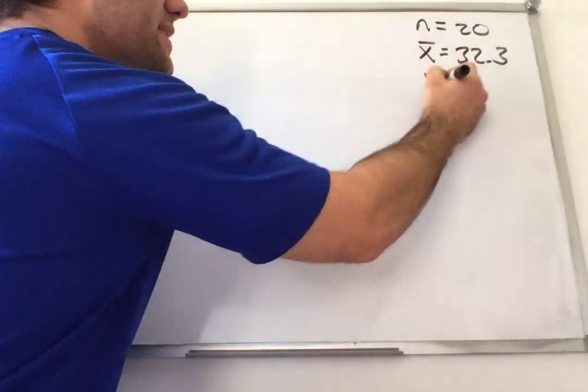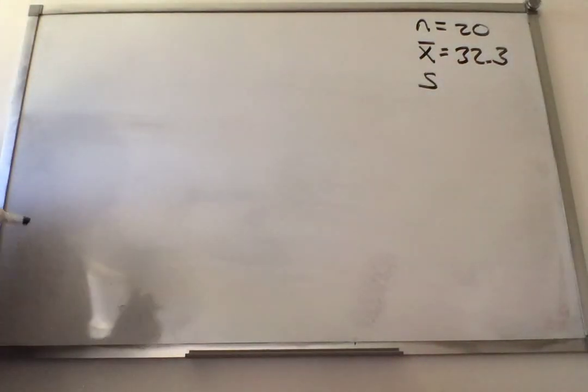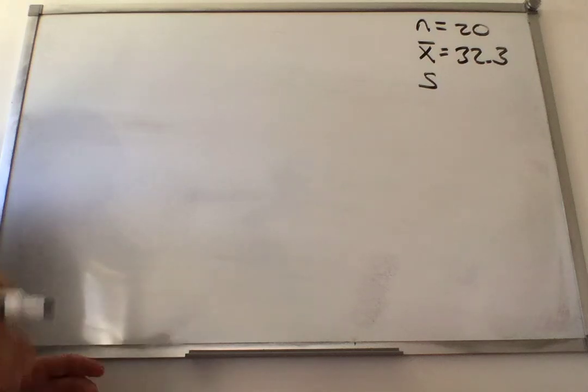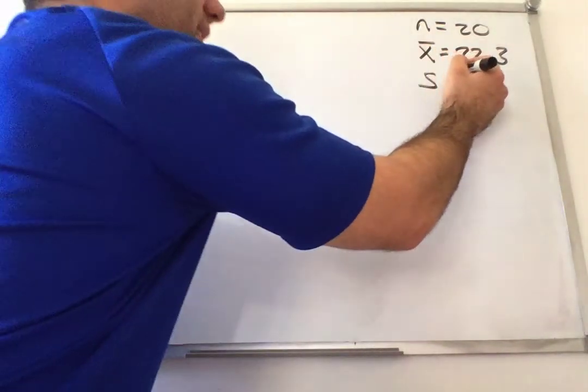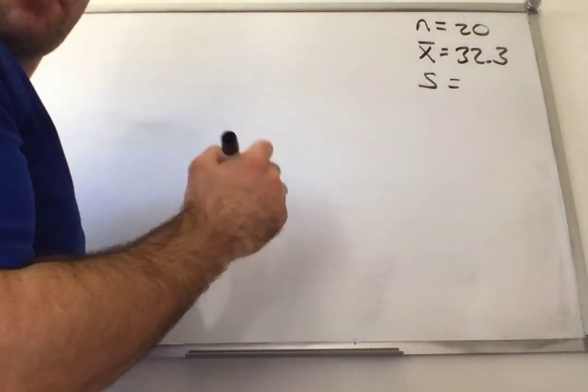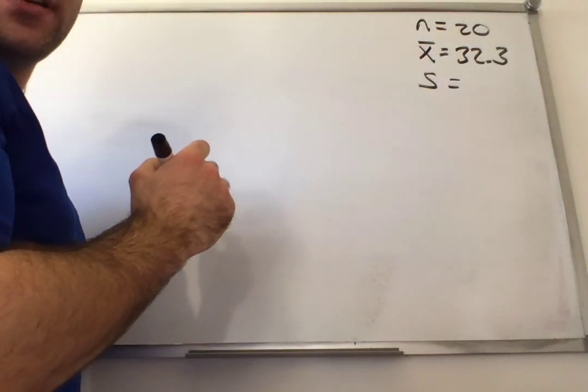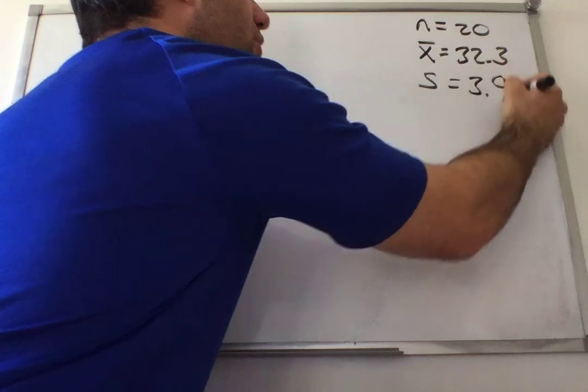And a standard deviation, so they're talking about the sample here, a sample of 20 new batteries. A sample of batteries has a mean of this and a standard deviation. They didn't tell us the population standard deviation. Let's see, 3.9. They told us the sample